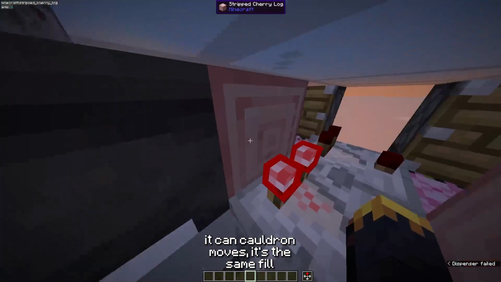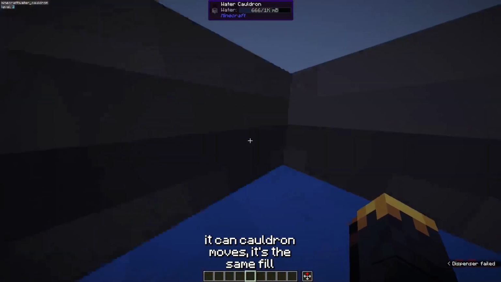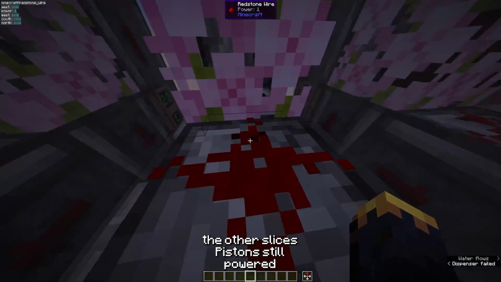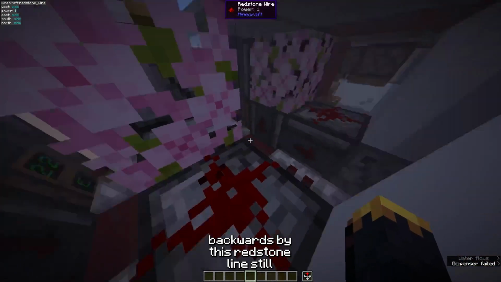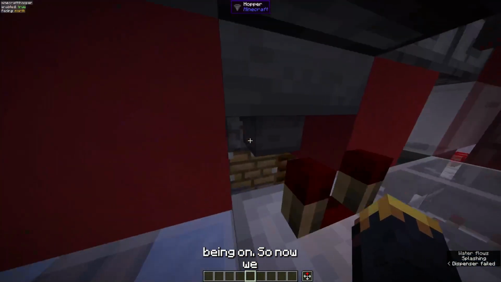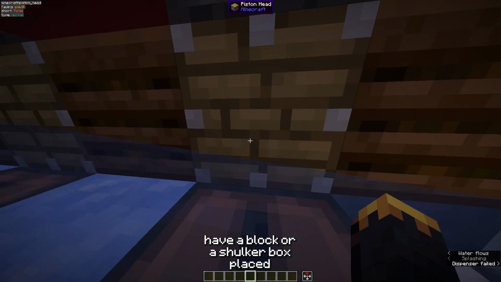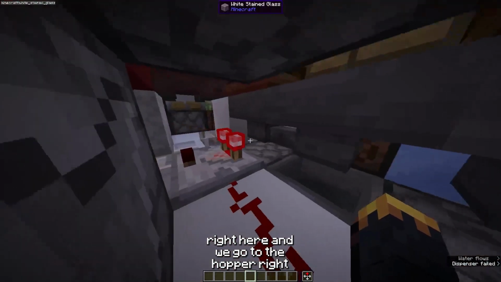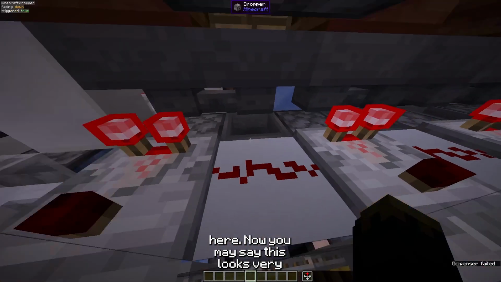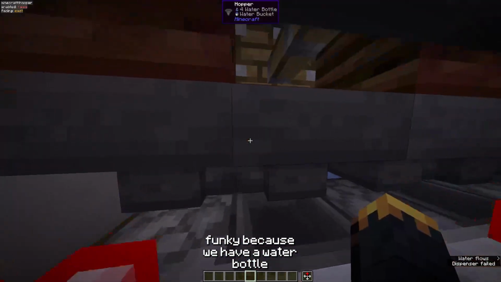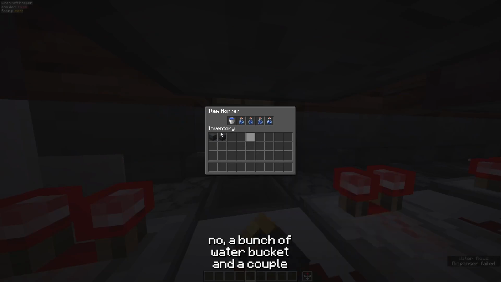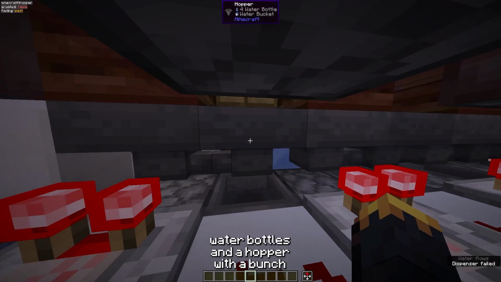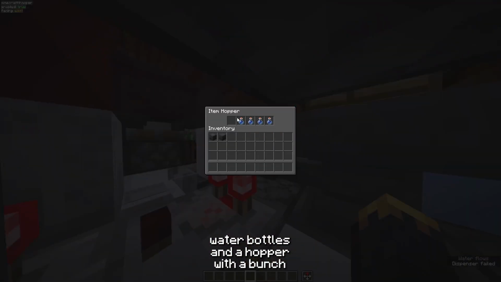For example, if this slice's cauldron moves, it's the same fill level as this, so it keeps the other slices' pistons still powered backwards by this redstone line still being on. So now we have a block, or a shulker box, placed right here, and we go to the hopper right here. Now you may say this looks very funky because we have a water bucket and a couple of water bottles, and a hopper with a bunch of other water